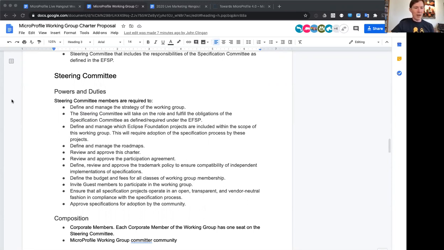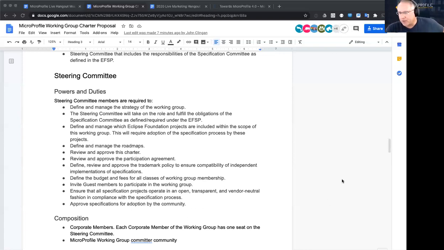So that's a high level thing. I think there's nothing more at the end of this document. The one thing I was going to add is that, basically once a quarter, this meeting would become a steering committee meeting. It would be much more formal. You have to take attendance to make sure you have a quorum to do any voting. But basically, once a quarter, this meeting would be that, and the plan is to have it all public just like it is now.